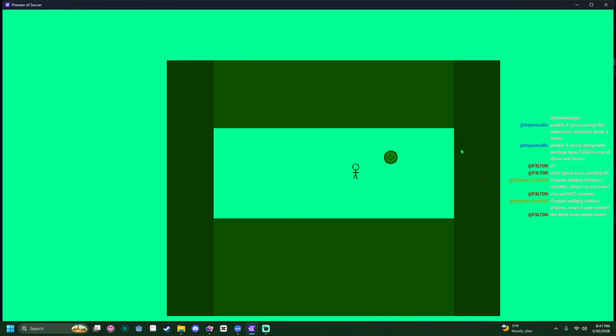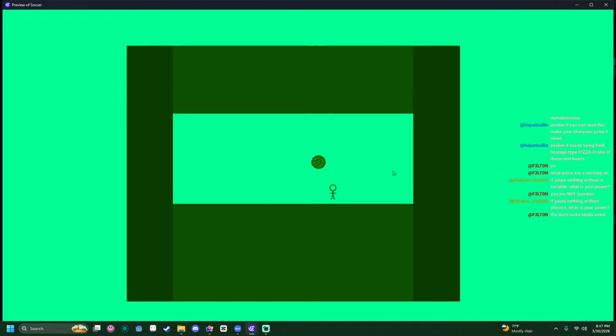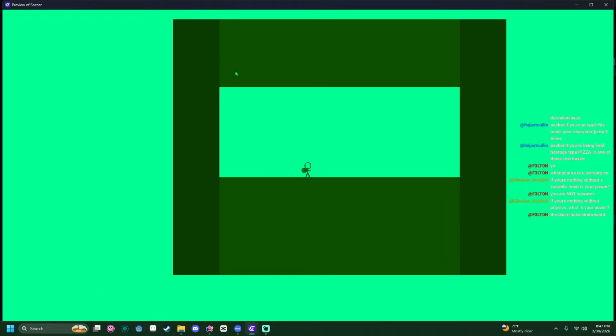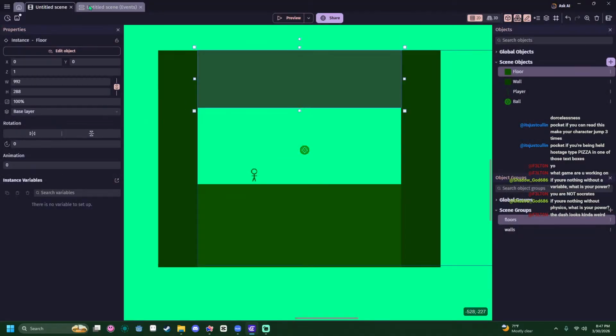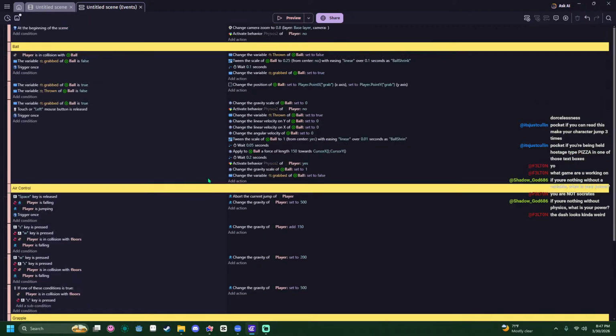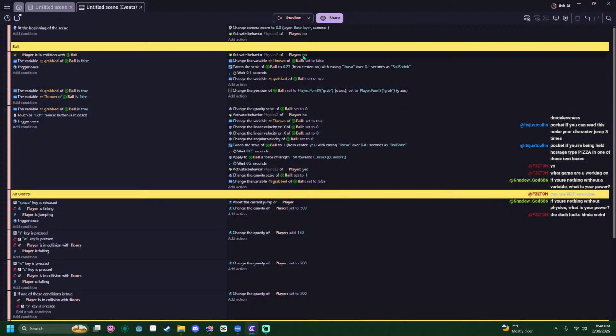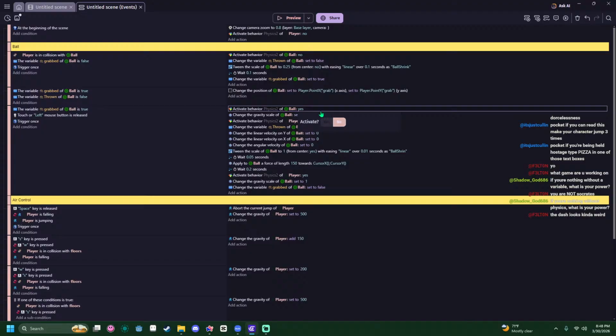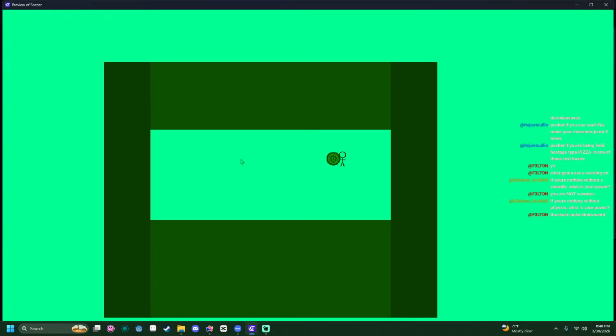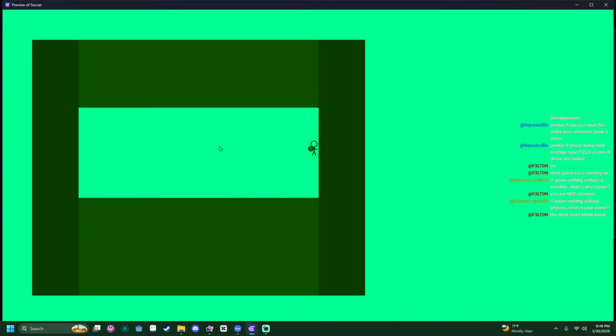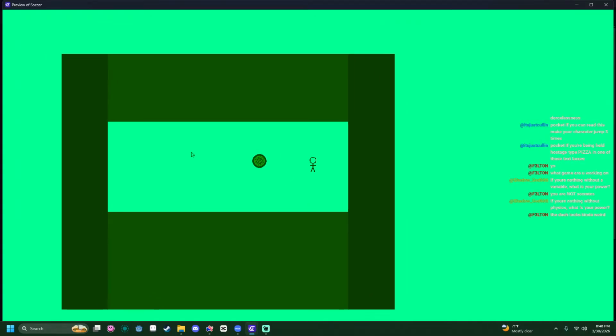I could make the dash non-physics based, but it wouldn't be as cool. See, like right there, we hit the ball and bounced, which shouldn't ever happen. I don't know how to fix that. I could maybe disable it here. Maybe that would fix it. I don't think so though, honestly. Let's test it though. Depends on which one I activate, like which collision. I think that actually worked.